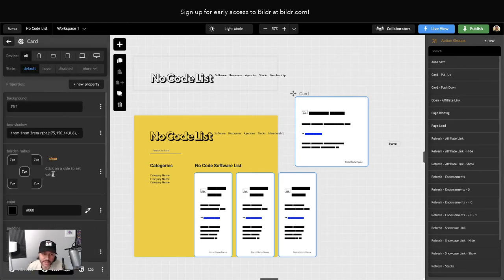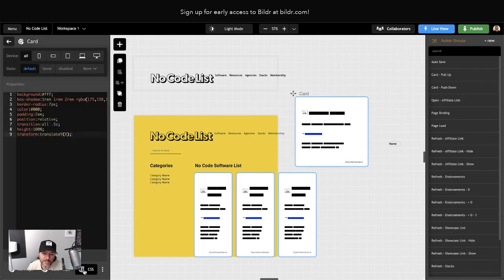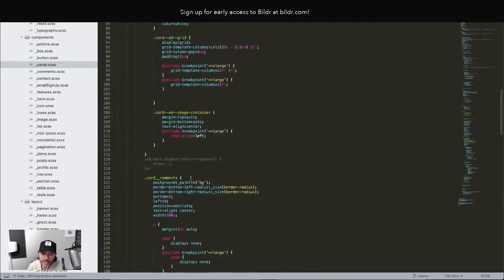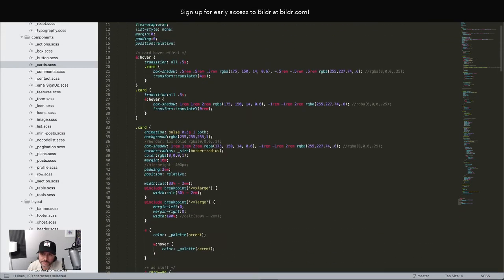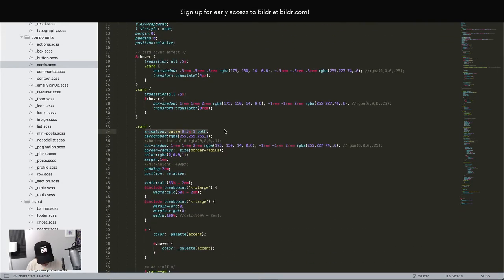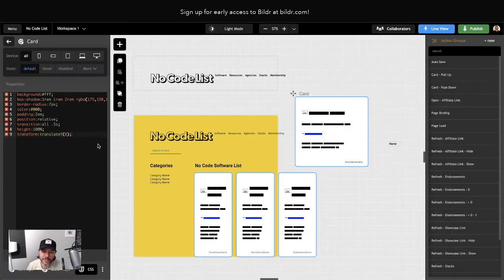So I can just go back to this card page here, and I'm just going to go right into CSS for this one. And I'm going to copy it here and just paste it right in. And this CSS here, animation, I'm giving it an animation name. I'm giving it, I think this is a delay. I forget which, I guess that's the length of it. I forget what all of these properties mean now that I tried to explain them. But